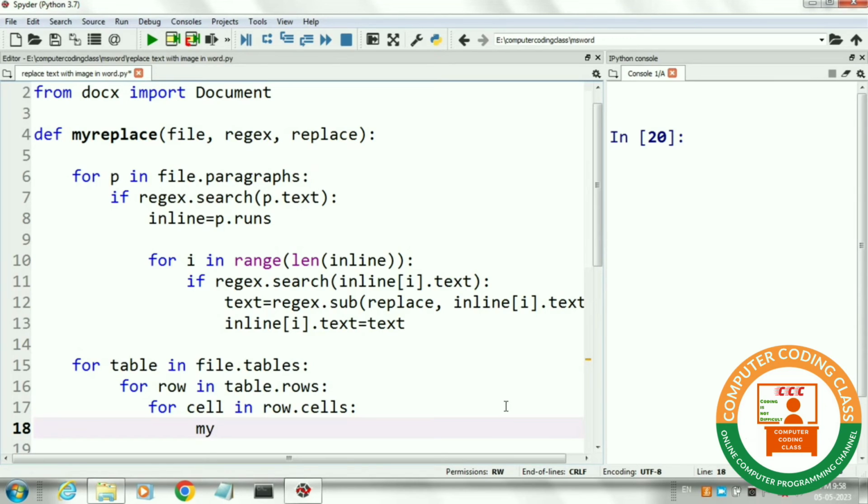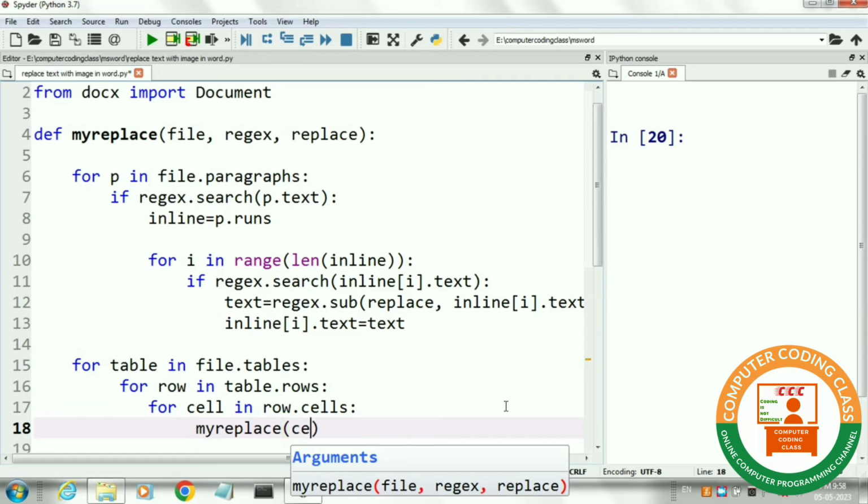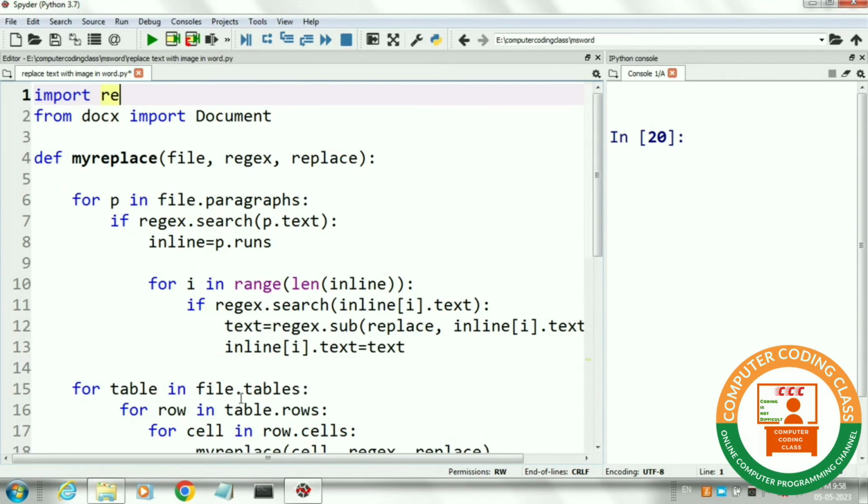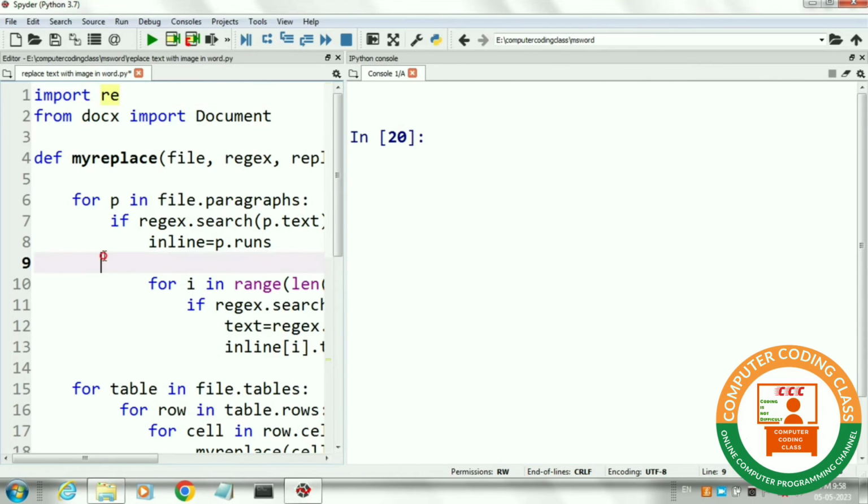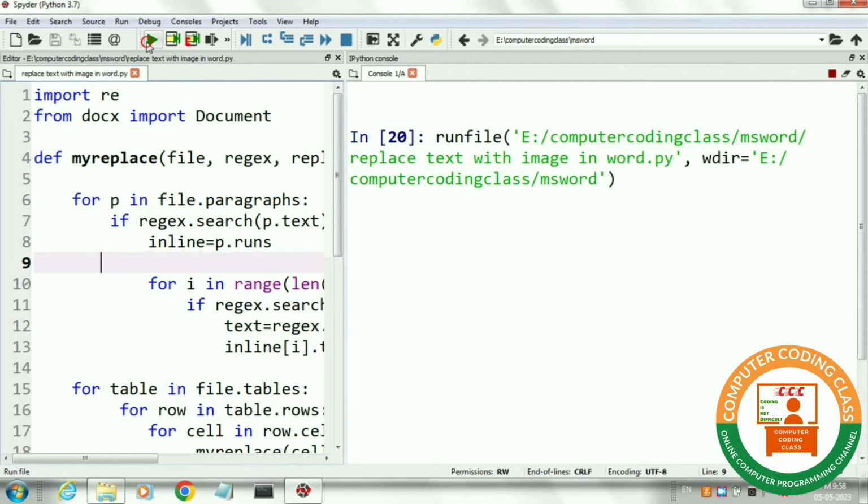Next, if our regex word is present in any cell, then we will just replace regex word with our new word. We have created our program for find and replace.